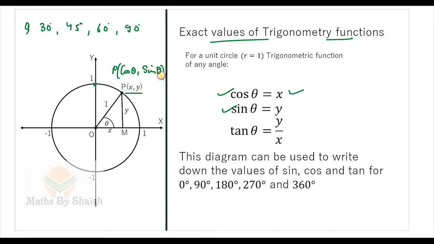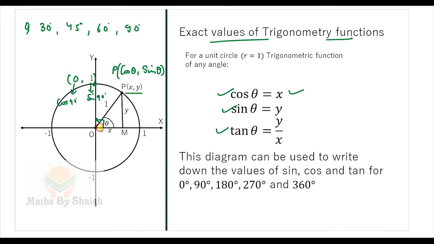Theta is the angle which that point makes if we join the point with the origin, the angle from the initial line, that is called theta. And tan theta is of course y by x, because tan theta is sin theta over cos theta. So in order to find the value of cos 90 and sin 90, this point P will reach here, and we know the coordinates of this point will be 0 comma 1. So cos of 90 degree is equal to 0 and sin of 90 degree is 1.